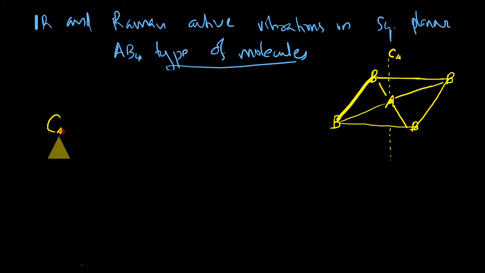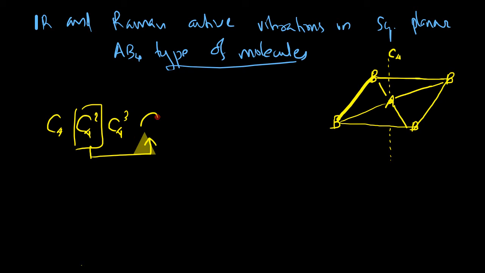So how many C4 are there? C4 is there, C4 square and C4 cube. But a C4 square we cannot regard like that because this is equivalent to C2. So we have to write the C4, C4 cube, then C2. Then we have